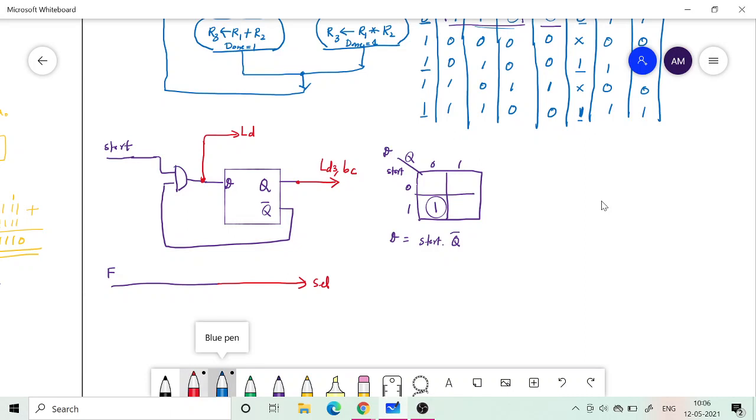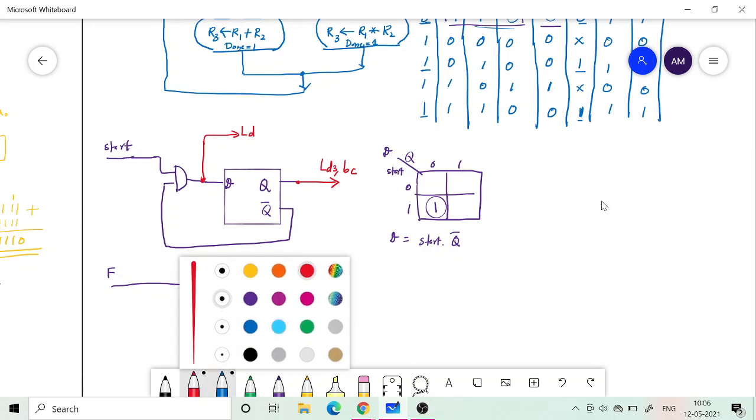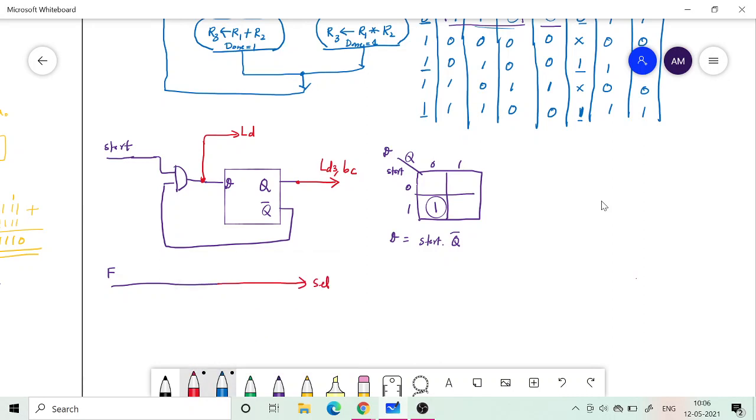You can think of it as a control signal also. So done should be here. That will be available at the output. Once the result comes, the done will also come at the output.